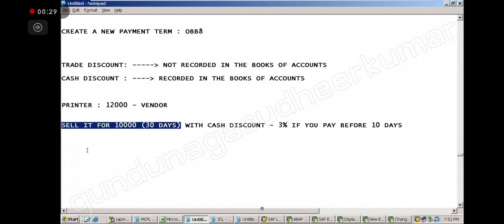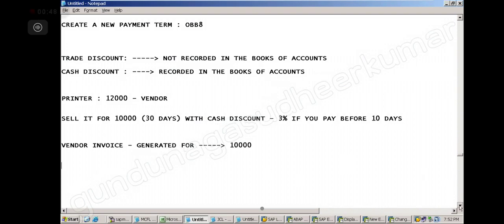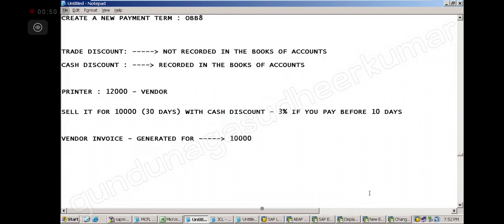Okay. So now you tell me, vendor invoice will be generated for what amount? 10,000. Correct? Now, what about the 2,000 then? The trade discount. In the invoice it is not coming, right?